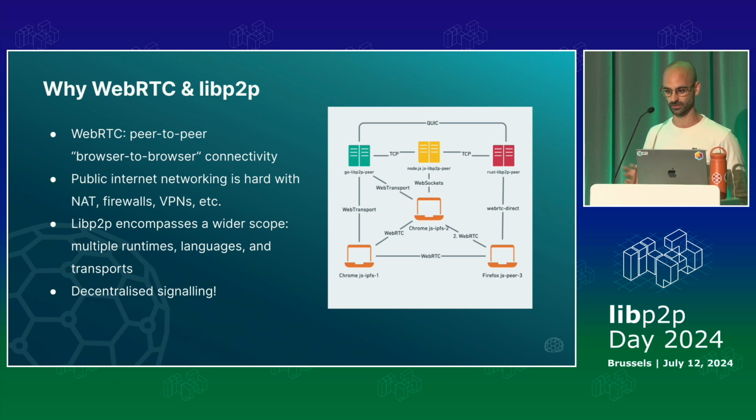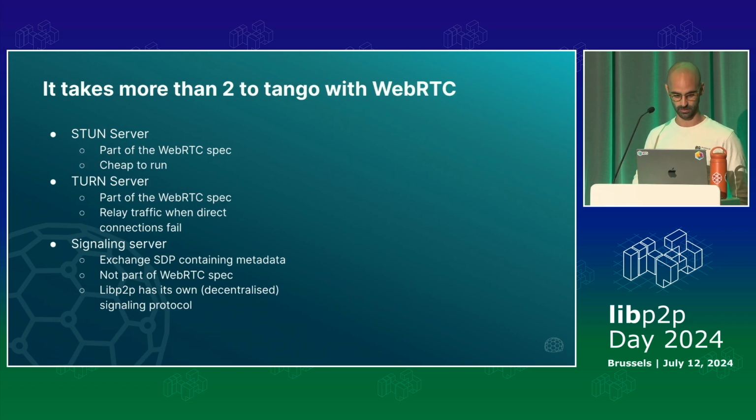So decentralized signaling is the TLDR for that whole blurb of mine. Okay, now I already sort of hinted at these additional servers, and the main idea here is that even if you want to establish the direct connection between two browsers, you still need all of these other servers that assist you in that establishment. These include STUN servers and TURN servers, and of course the signaling server that, as I mentioned,